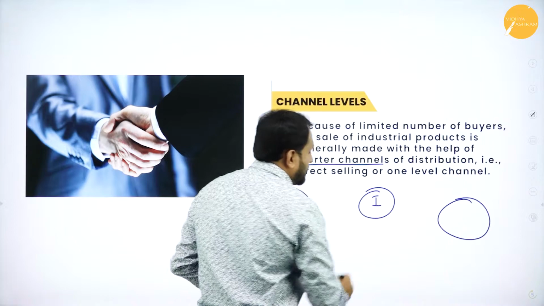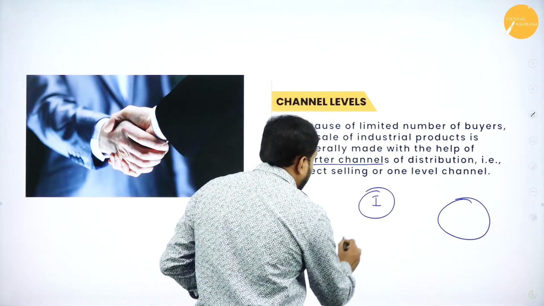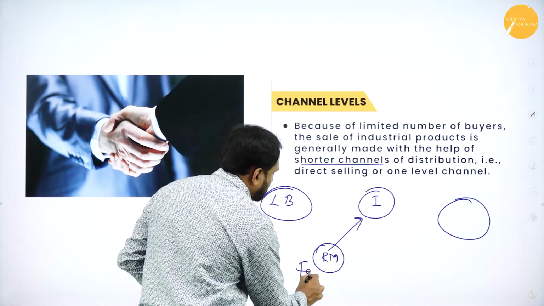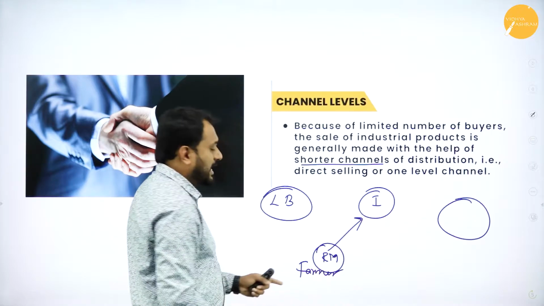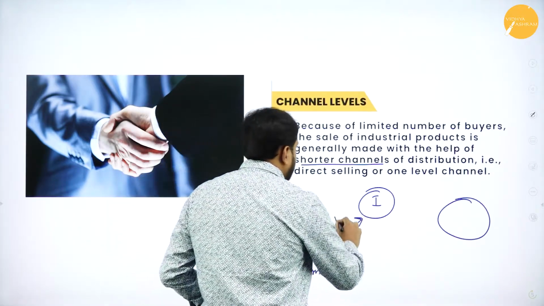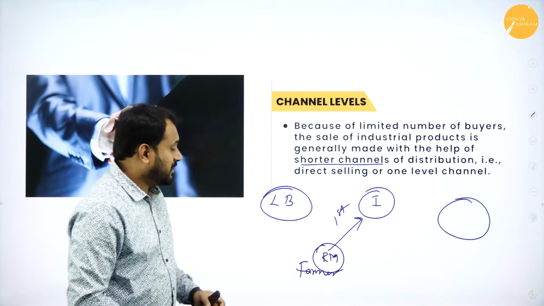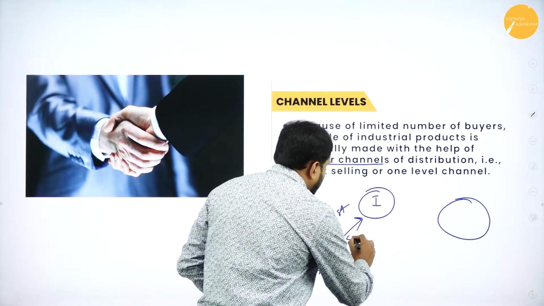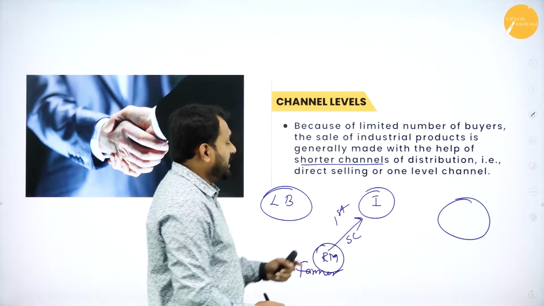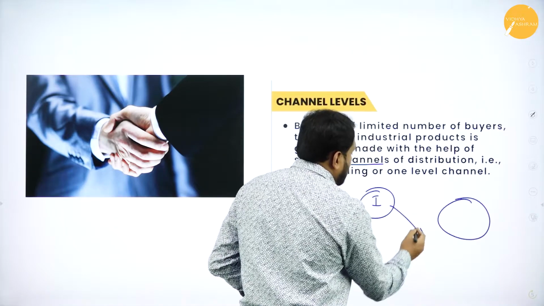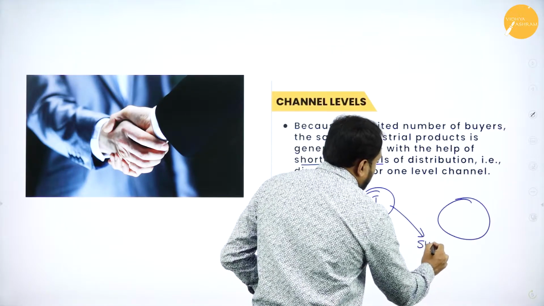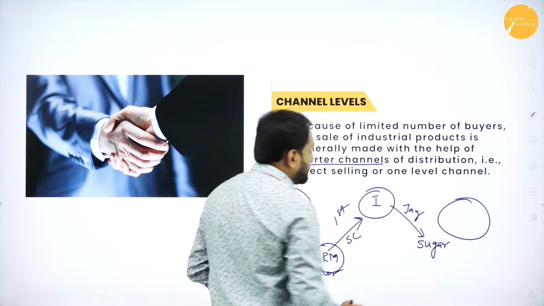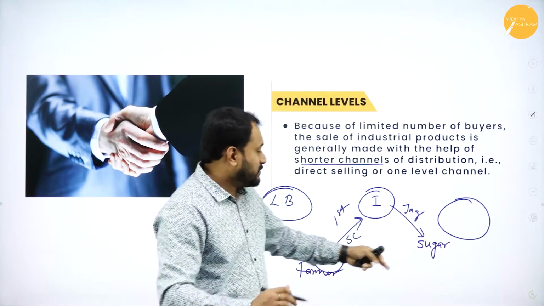Now this is my industry, okay? Now I'll take the raw material from the farmer. From the farmer I'll take the raw material. That means this is the first channel, that is, directly I'm taking the raw material from the farmer. Now I'll convert the thing. I'll take sugar cane from the farmers. I'll prepare all these. Now what is it? I have something called jaggery, or I'll manufacture sugar. Here you have jaggery, right? Now from jaggery we make sugar. That is what you are supposed to do.